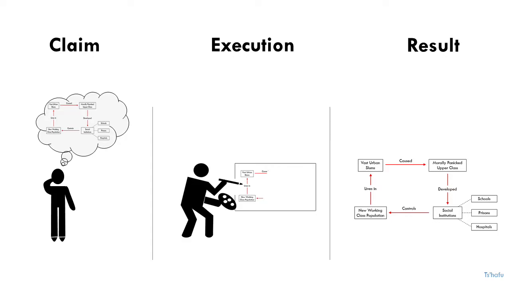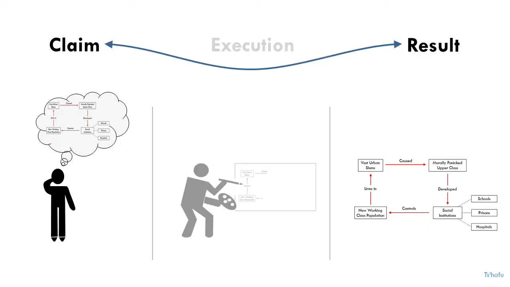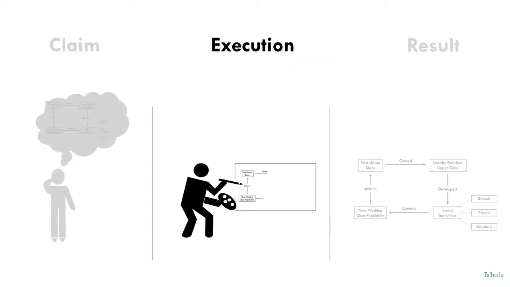And the key thing we said was to have the result match the claim. That is what we're after. We want to make sure that the two are aligned with each other. And for that to happen, the action really occurs in the middle, in the execution phase, where you are painting the picture. And the point that I want to make in this video, this is for you to be aware